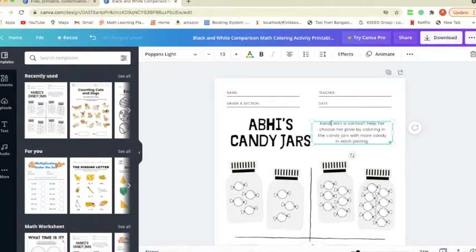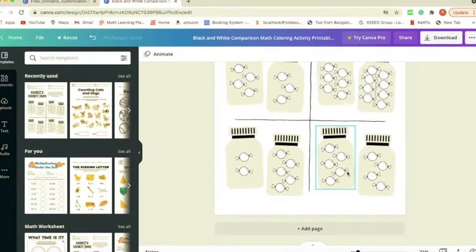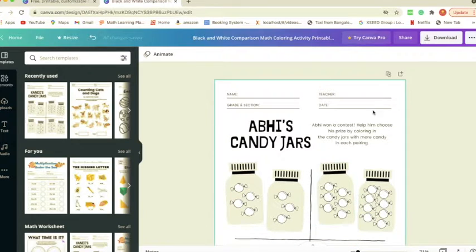Same thing, if you want to change any description of the template, or you want to remove it completely, you can do that. You can add your own description. Just delete the whole part and add your description as per your students' understanding. So the whole template is editable. You can edit everything or any part of this template. You can change the images. How you can add more images, I'll tell you in a bit.